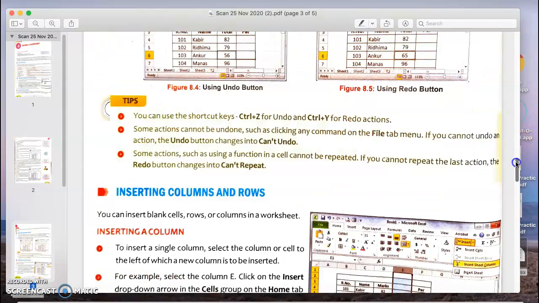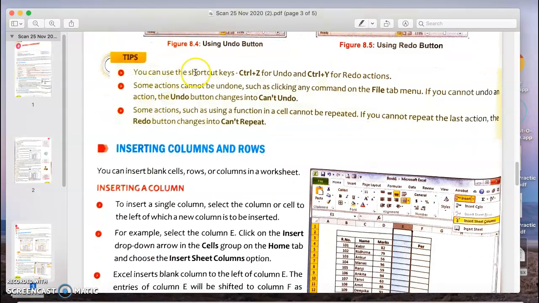Then we have the shortcut keys to do that. You can press Ctrl plus Z for undo and Ctrl plus Y for redo, right? So these are some shortcut keys. So students, please learn. This will help you in the future also. I have told you some shortcut keys today. Ctrl plus Z is for undo, Ctrl plus Y is for redo, then Ctrl plus A for selecting the entire work on a worksheet. You know, for copy it is Ctrl plus C, to paste it is Ctrl plus V, right? So please repeat, learn it.